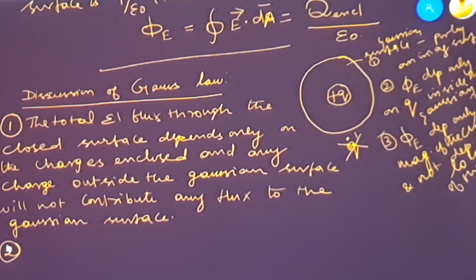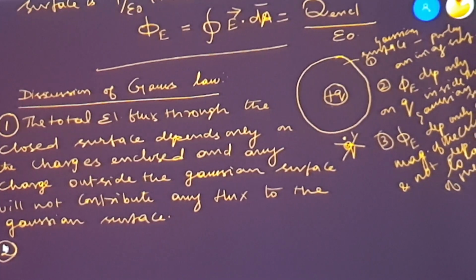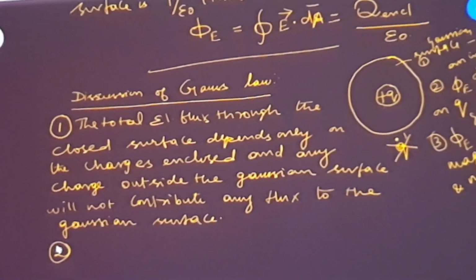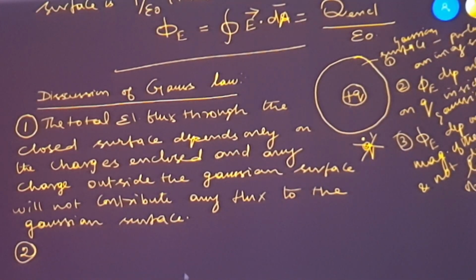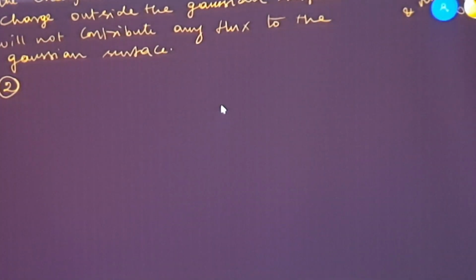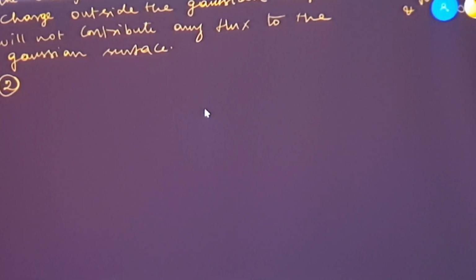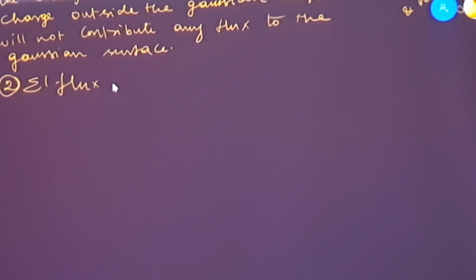What is point number 2? What does that point number 2 mean? The electrical flux, that I have told you as a third point, is depending only on the total charge enclosed and it is not depending on the location, but it depends upon the total amount or magnitude of the charge that is available. So the second point is, electrical flux developed is independent of